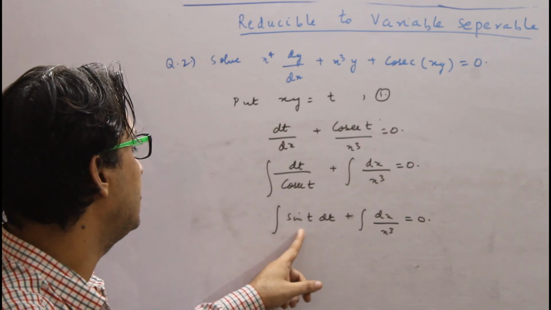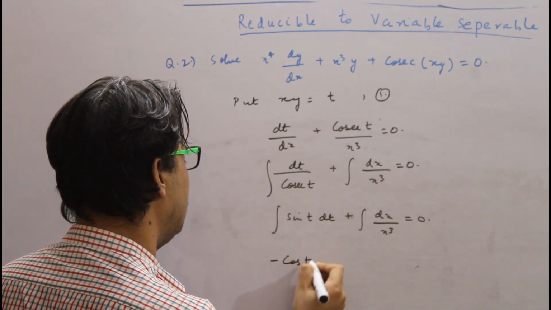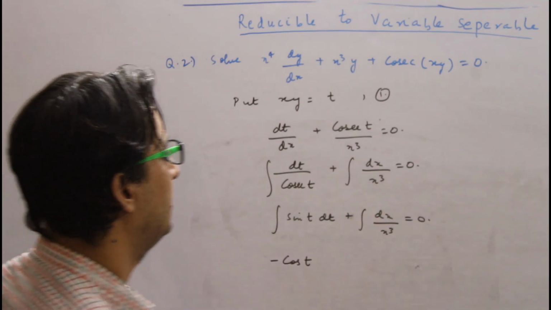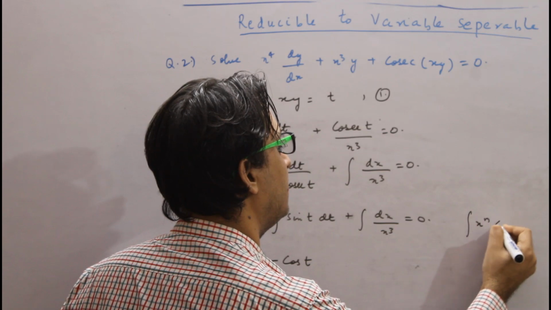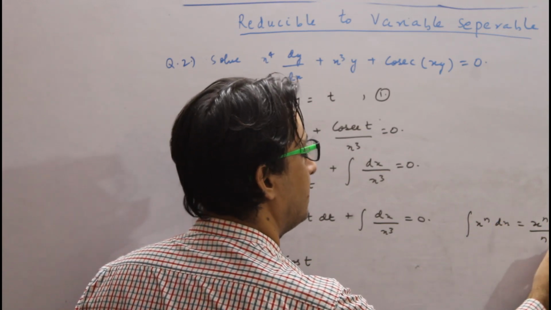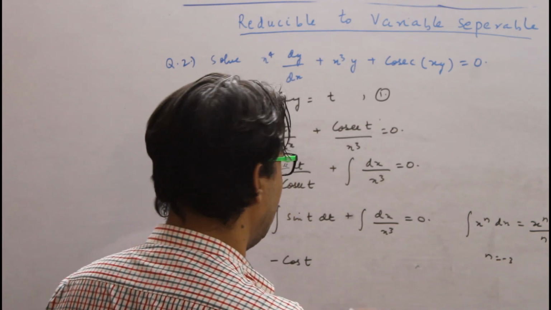So if we integrate, what is the integration of sine t? That is minus cos t. What is the integration of x to the power n? We know the integration of x to the power n is x to the power n plus 1 divided by n plus 1, plus c. So here n is minus 3. So what we get here,